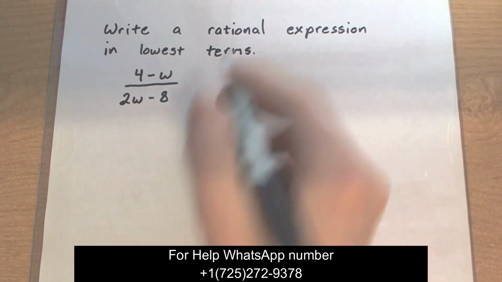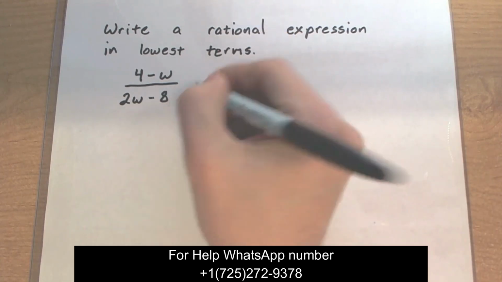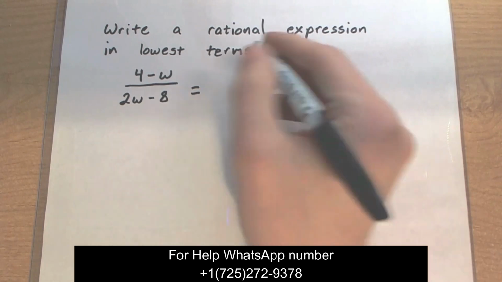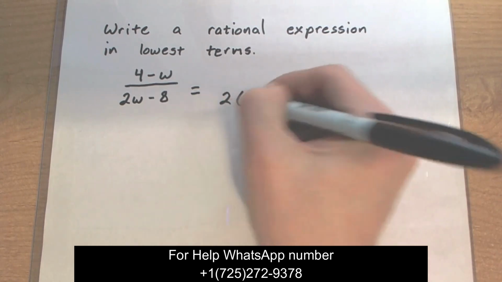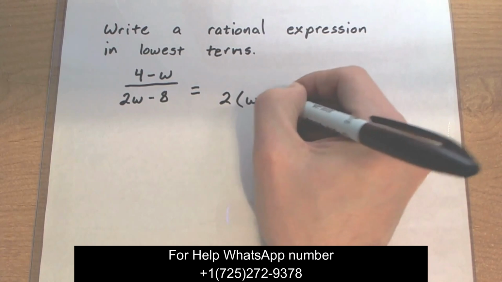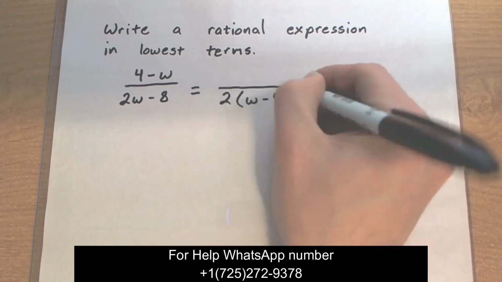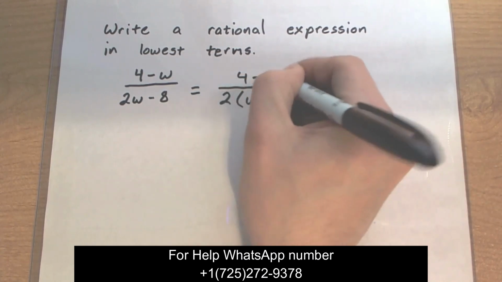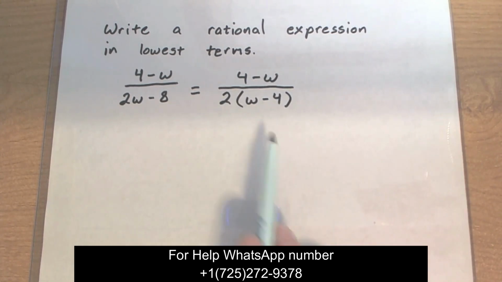Alright, so when I'm looking at this one, I look at the bottom and I say, you know what, it looks like I can factor out a 2. Let's go ahead and do that. Now after factoring it out, I end up with this piece w minus 4. And that looks pretty close to 4 minus w, but it's not the same, so I can't cancel it out